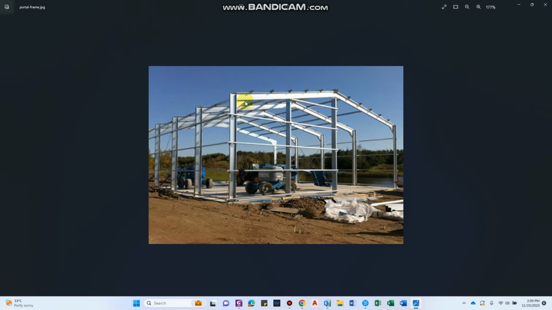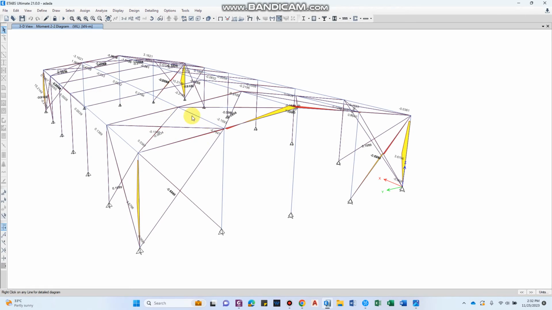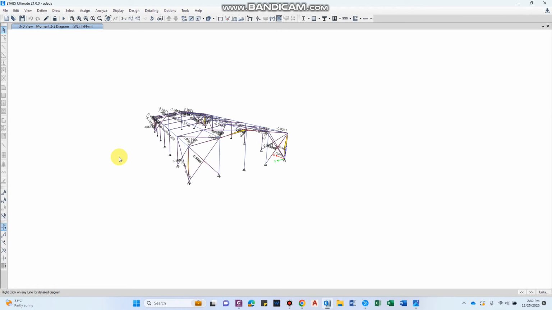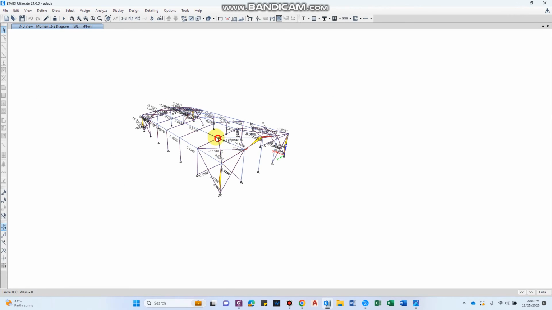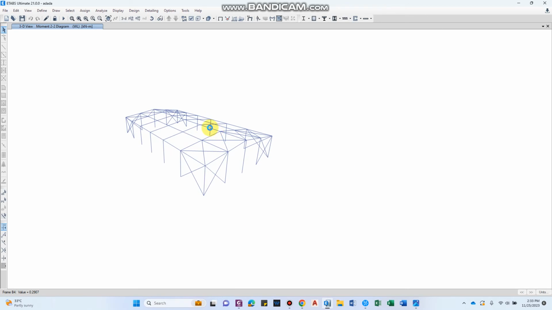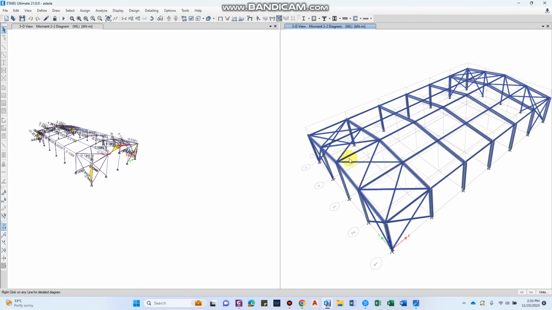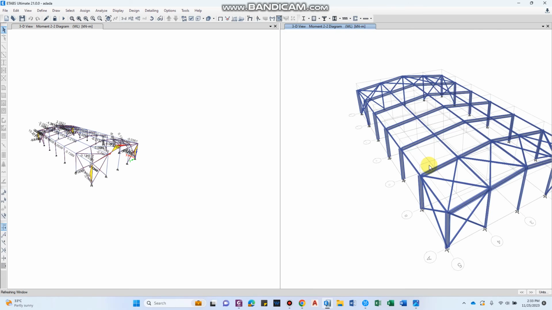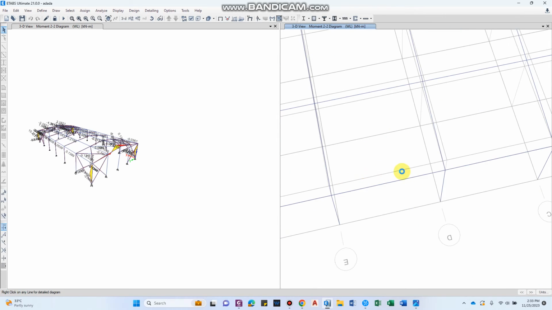And this haunch also adds stiffness to the frame, reducing the deflection. The length of these haunches is generally taken as 10% of the frame span. So now with this concept of moment about the minor axis, we can understand why we release the moment for these struts. So let me add a new window here, extruded view, and if we see here in the plan,